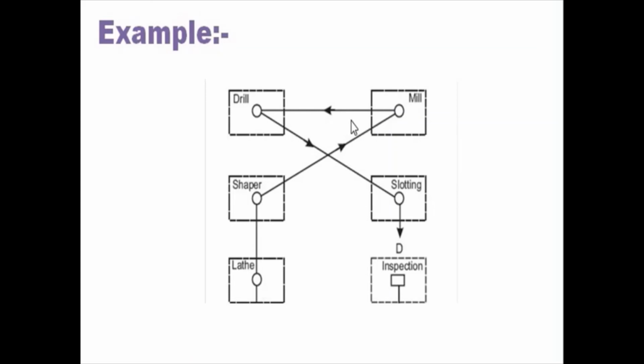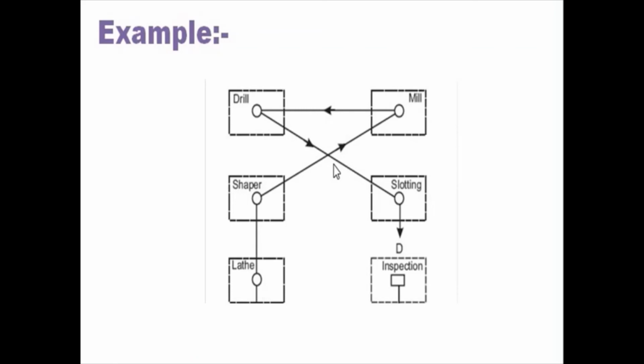So it is very easy to understand backtracking, traffic congestion, or unwanted material movement or unwanted worker movement. That can be observed very easily, so it is very easy to trace these things. Ultimately it will again help to improve the plant layout. If there is an issue of traffic congestion or backtracking, the plant layout can be readjusted so that time savings will be there. Unnecessary movements can be minimized by using this flow diagram. So generally flow diagrams are drawn to scale.